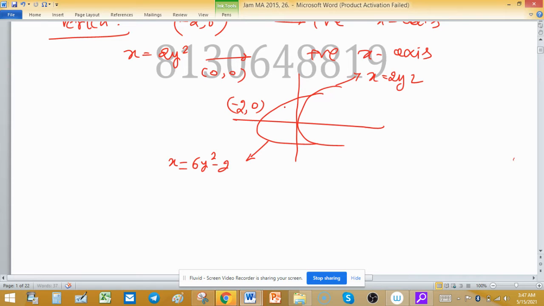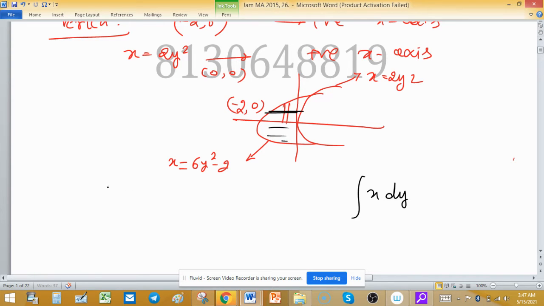If you take a strip along the y-axis, then you have to take integration two times or many times. But if you take a strip along the x-axis, then you are done in a single step. So find the limit of y, because along the x-axis, x dy will give you the integration of a small portion, and if we integrate this over the y limit, then this will give you the area of the shaded portion or this required portion.